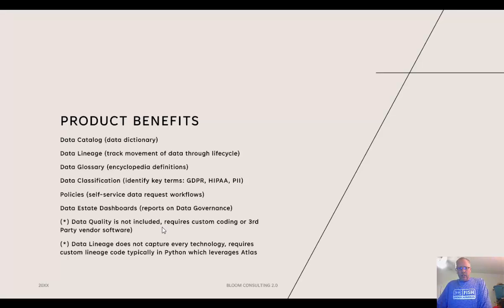So data quality is not included in Purview, and that requires custom coding or third-party vendor software. So you can work with a third-party software company to try to integrate your Purview with theirs to handle the data quality. So what does that mean? Well, let's say that there's duplicate records. I pulled data from Great Plains, I pull it from Salesforce, I pull it from the accounting system and the products. And let's say there's overlap and there's 6 different versions of the same